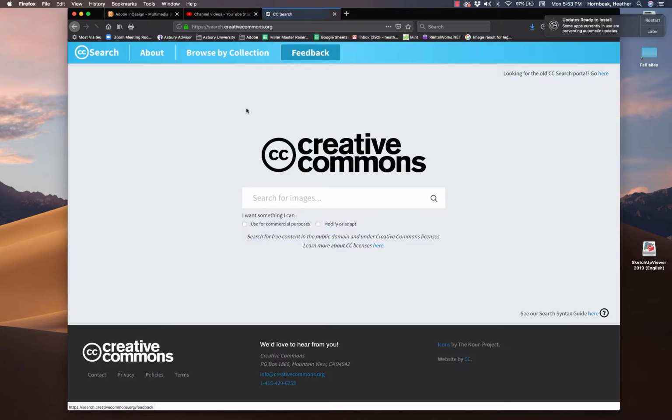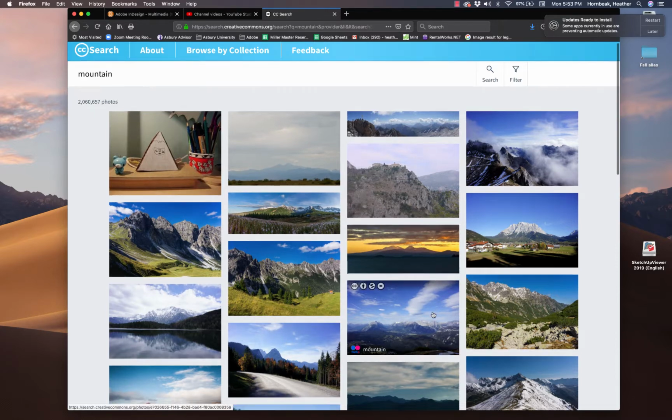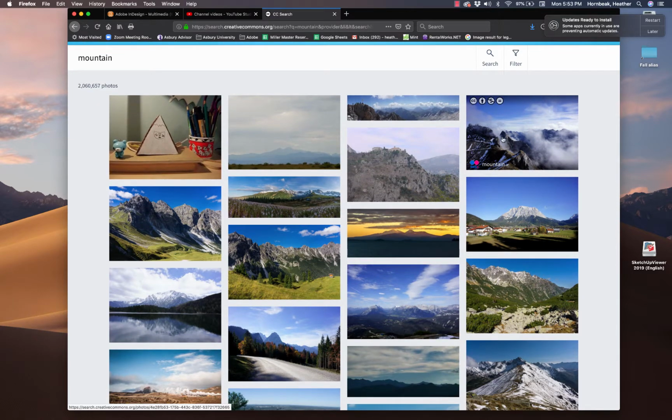So if you go to search CC images, you can actually just go here, just like you go to Google Images, and you can search for, we'll just say mountain, since I've been using that a lot lately. Mountain. And then I have all these images to choose from that have the keyword mountain connected to it. So say I wanted to use this one right here, and when I'm hovering over it, you can see that this picture is found on Flickr. A lot of these images, you're going to find them on Flickr. It's a pretty Creative Commons